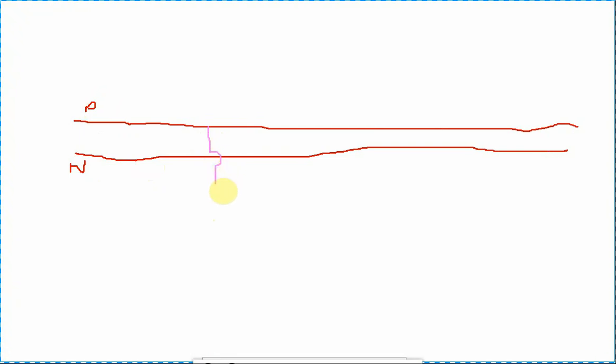So here switch number 1, switch number 2, and switch number 3. We will name them 1, 2, and 3. Switch numbers 1, 2, 3 are connected to the lamp.